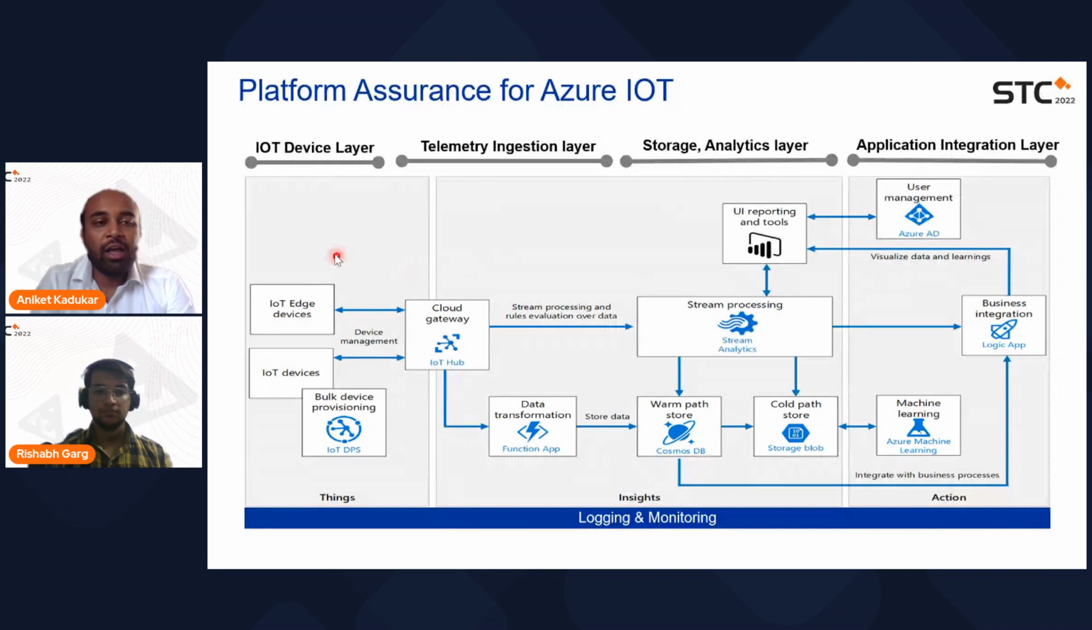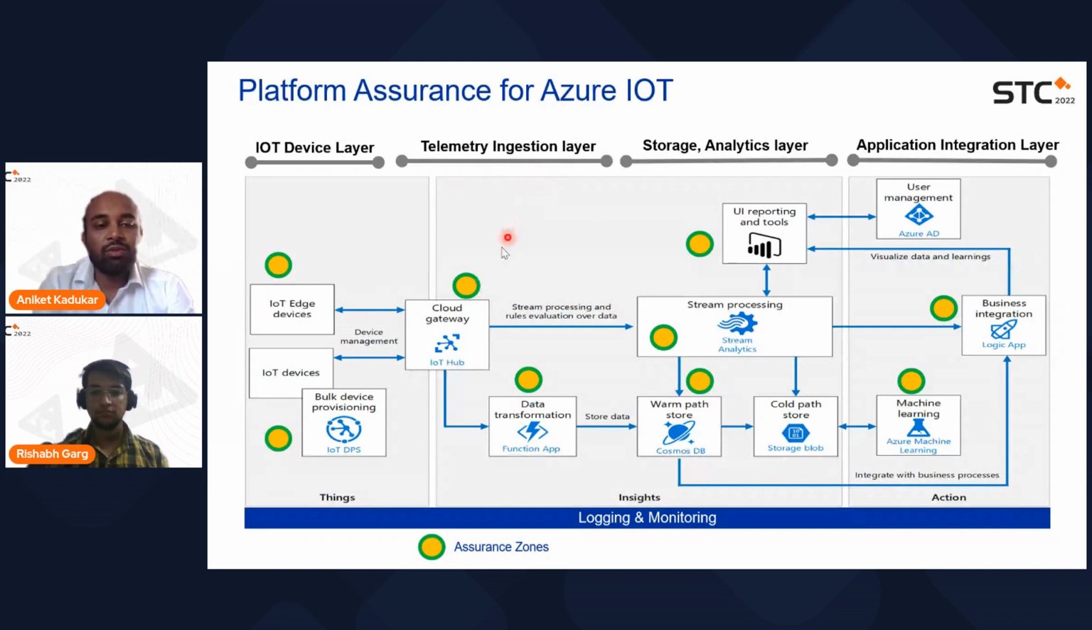In the IoT device layer, we'll have different assurance zones. We can test things like IoT devices and edge devices. So these are all the assurance zones. Also, in the telemetry ingestion layer, we can test the cloud gateways, IoT hub, function app, and data transformation app. In storage and analytics, we can test UI reporting as well as tools. We can test stream analytics. We can do the testing on databases such as Cosmos DB or any other databases, or